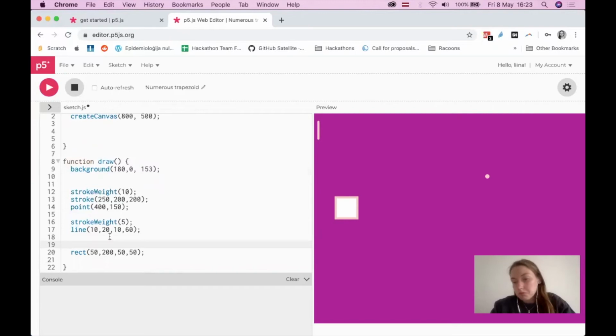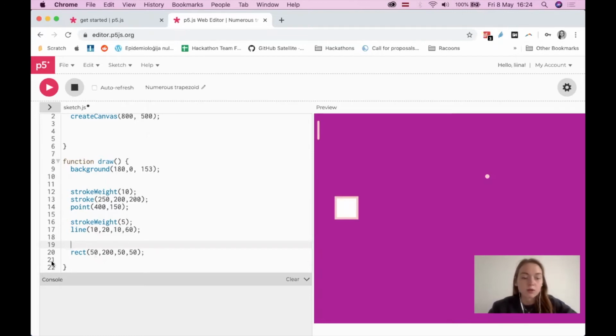In our rectangle, similar then to everything else, we can also fill it with color. As you can see, it's white because we haven't defined a color, but we can define it. And because it's a shape, it's not just a line or a point, we can fill a color inside of it. There used to be this application called Paint where you could fill a color inside of something. This works the same way. So what it's going to do is fill the color inside, but the stroke is the one that defines the border of everything that you have. The point and the line, as you can see, is pink, and the outline of the rectangle as well. The inside of it is going to be